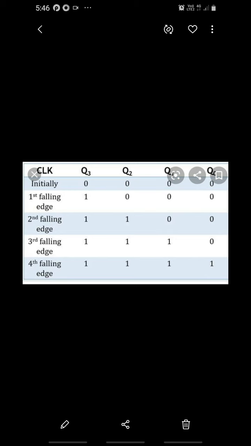Therefore, Q0 is equal to 0, Q1 is equal to 0, Q2 is equal to 1 and Q3 is equal to 1, or Q is equal to Q0, Q1, Q2, Q3 is equal to 0, 0, 1, 1 after the second clock pulse. Therefore, the bits have moved to the left by 1 bit position. The same continues till all the data bits are stored in the flip-flops.